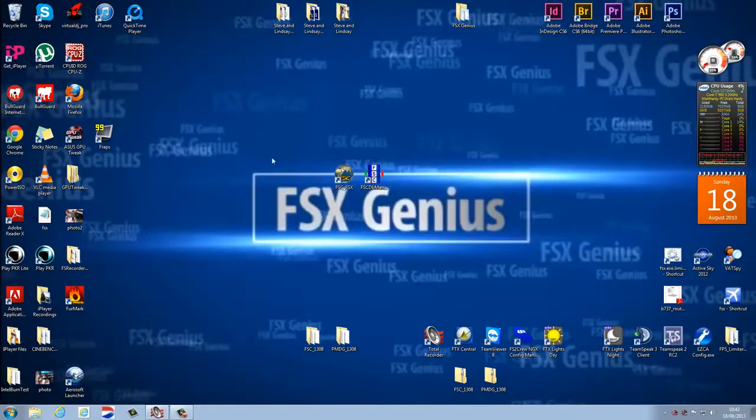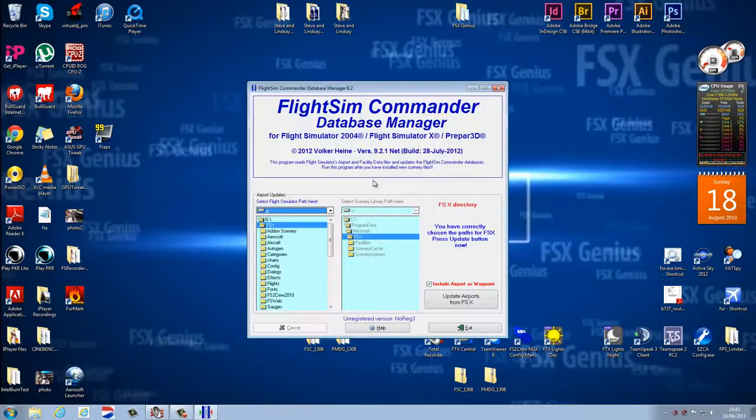You can delete the other two shortcuts. You just want the Flight Sim Commander for FSX and Flight Sim Commander Database Manager. Make sure you've got those two left on your screen and you can delete the other two shortcuts to your recycle bin. Before we even launch Flight Sim Commander, we need to launch the FSC Database